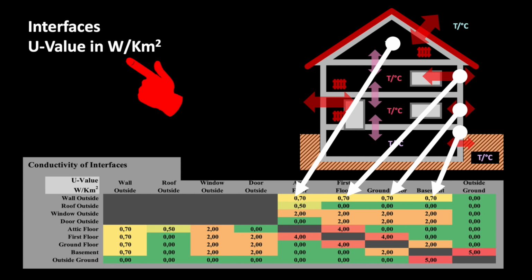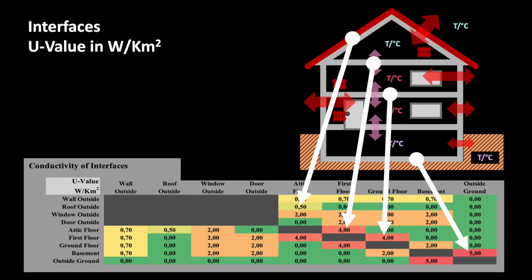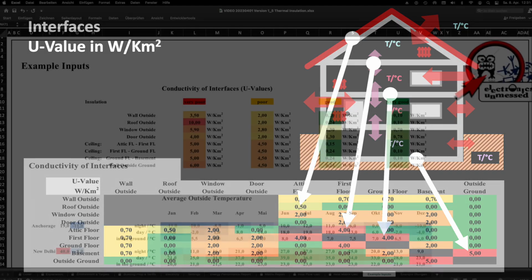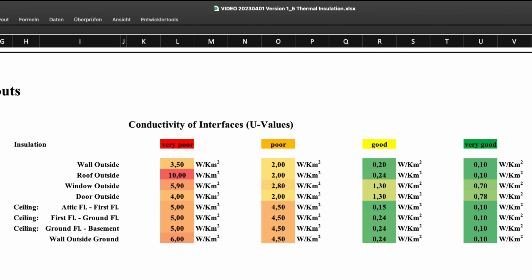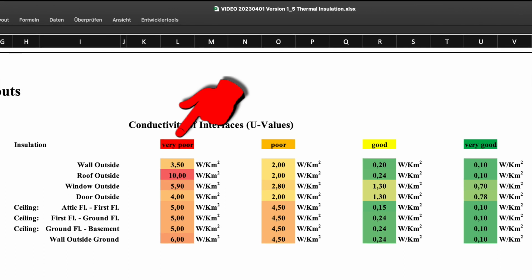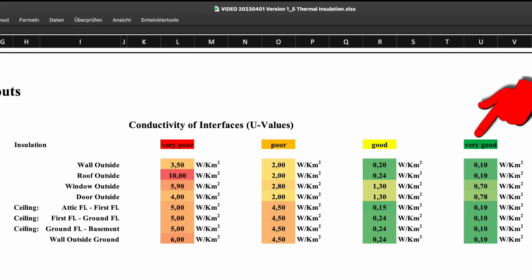You can find many examples of thermally insulated walls, roofs, floors, etc. on the internet. And you will also find the U values for windows and doors. I summarized the whole range of these U values here. This gives you an overview of what is good and what is bad. On the left, we see the values that you might still find in old buildings, and on the right are the values that correspond to very good insulation.